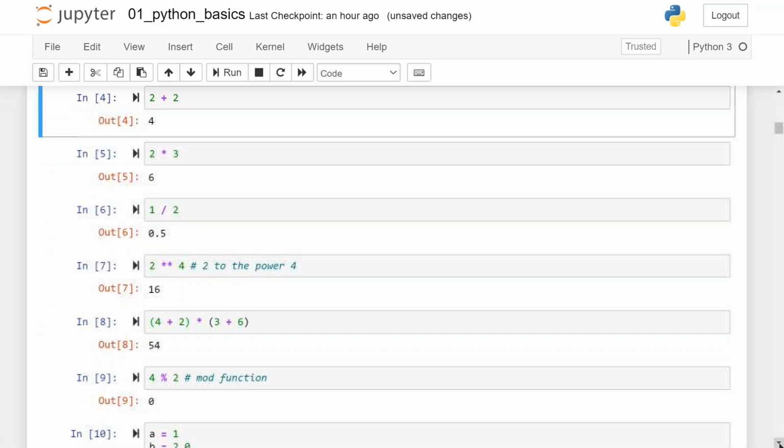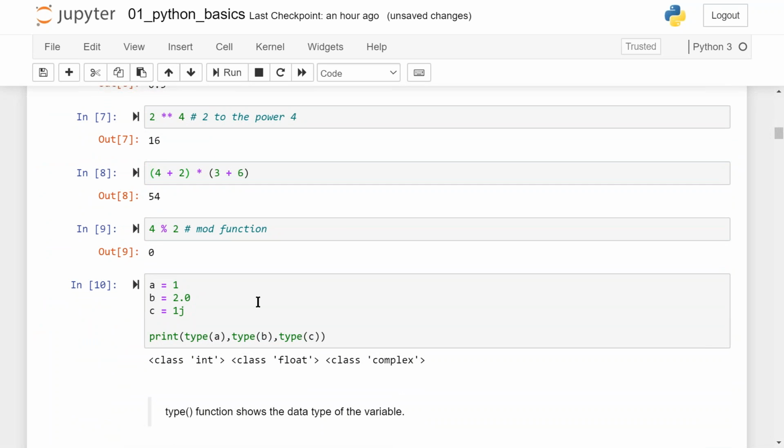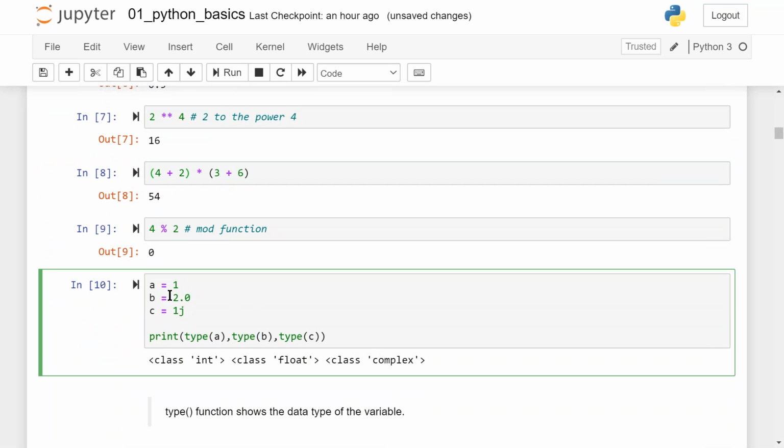So how do I know the type? I say a equal to 1. I am creating a variable a, assigning the value 1. b is equal to 2.0. c is equal to 1j. And I say type. Type is a function which will say what is the data type